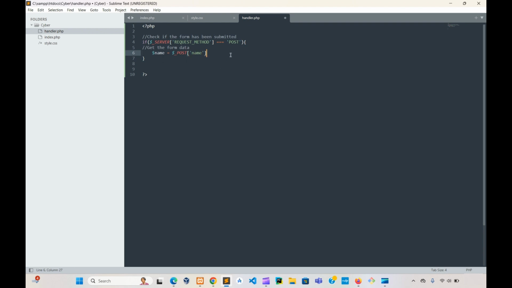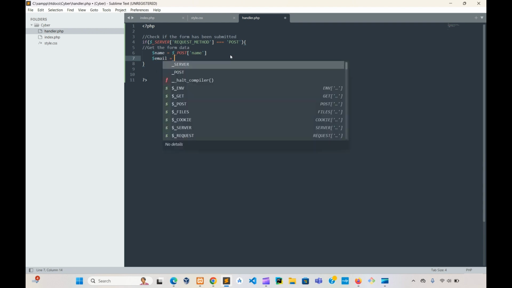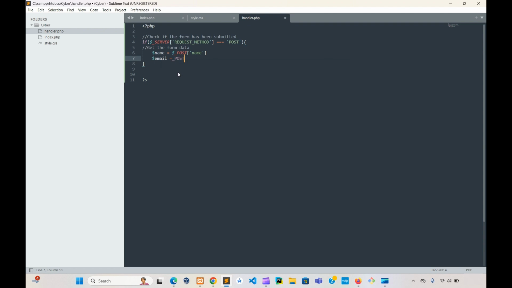And then we are going to do the same for email. Email equal dollar sign post, and then the variable name is email,